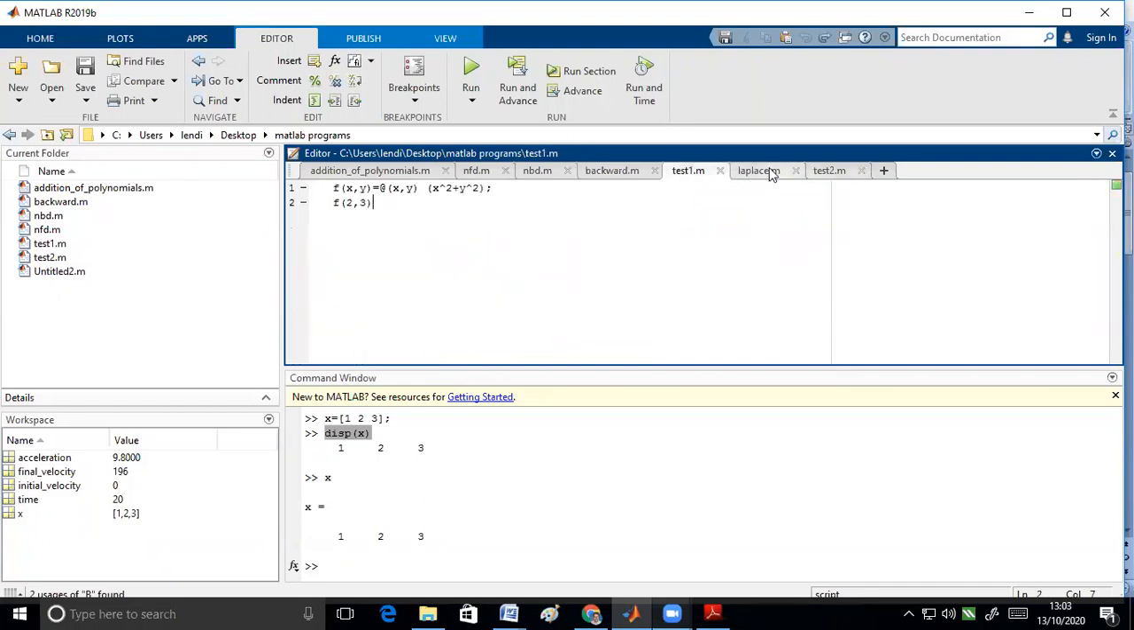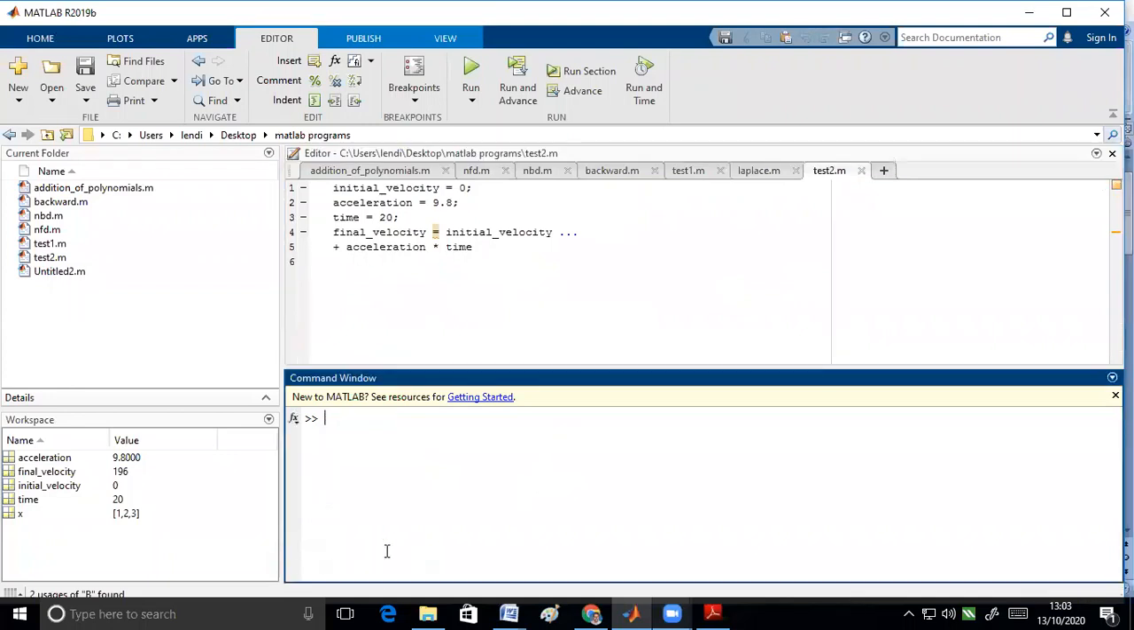Test function. Okay, this is the test function. We will discuss it later. Now coming to